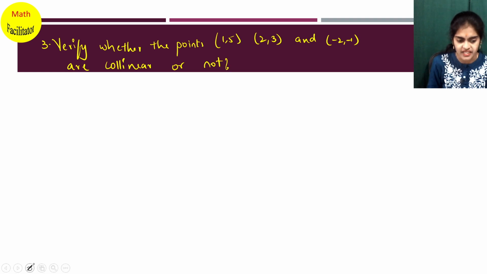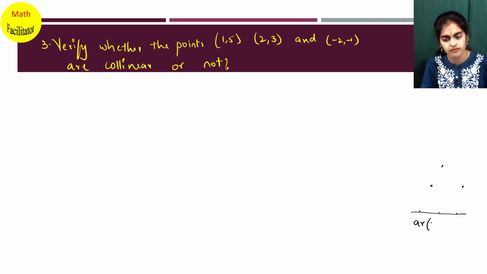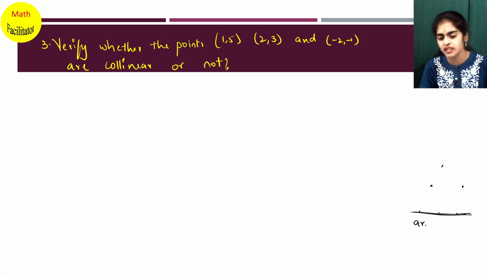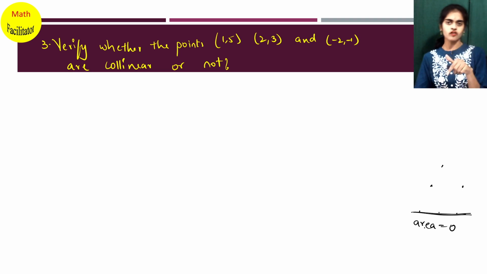So if you have the triangles concept, in the areas of triangle concept, you can see a triangle is formed by 3 non-collinear points. Okay, so here if 3 points are collinear, you will not have any triangle, which means in other words I can say if I want to find the area of the triangle formed by these 3 points, it will be 0. The reason is there is no triangle formed here. So when there is no triangle, then how will you find the area of the triangle? It will be 0. Okay, so you can use this concept.